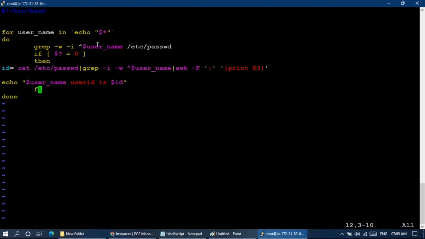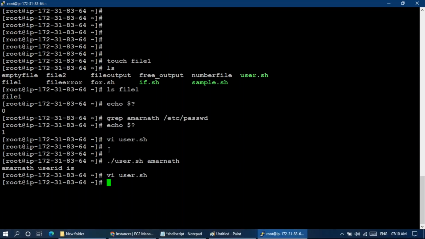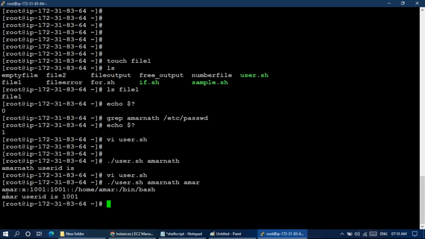So now Amar is not there, so obviously dollar question mark will be a non-zero value. Yes or no? So there is no else statement. Just it will come back. Now let me run this. For Amarnath, I'm not getting any. So why are you getting this output here? Why? Because